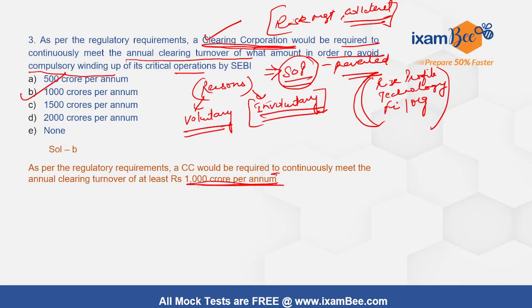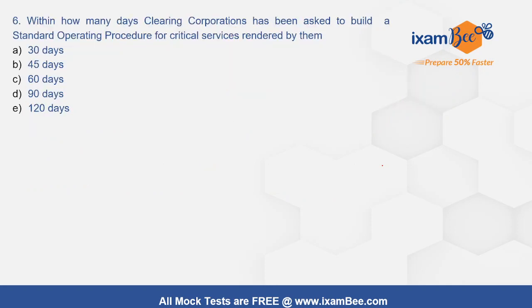And if they default for 2 consecutive years in maintaining the same, then the market regulator can ask them to compulsorily, forcefully wind up their operations. But this threshold will not be applied to those clearing corporations that are in the first 5 years of their registration. Okay, so next is within how many days